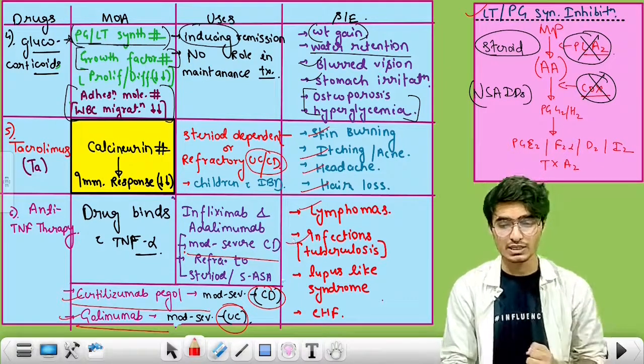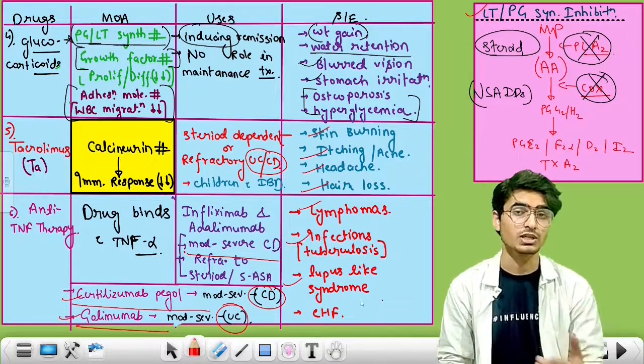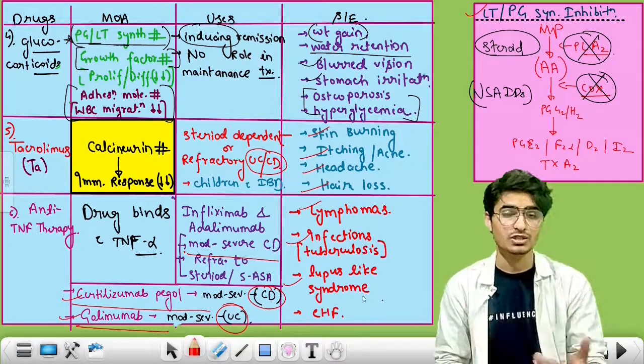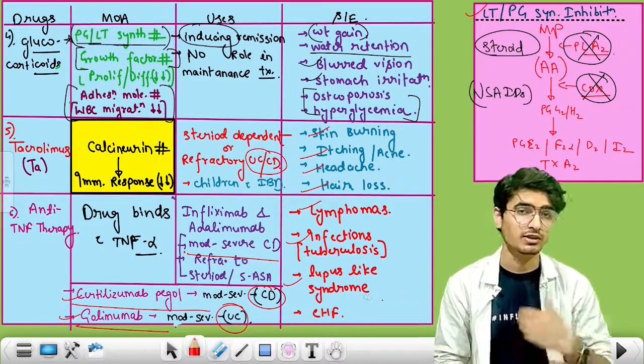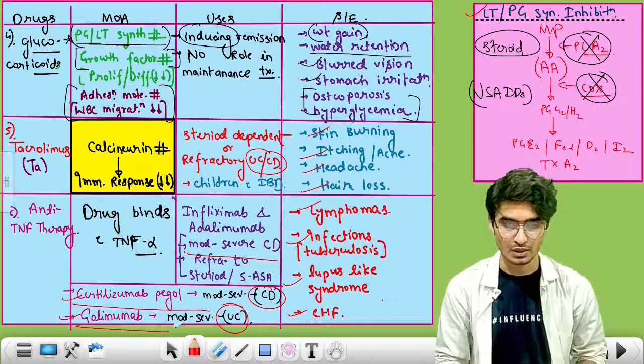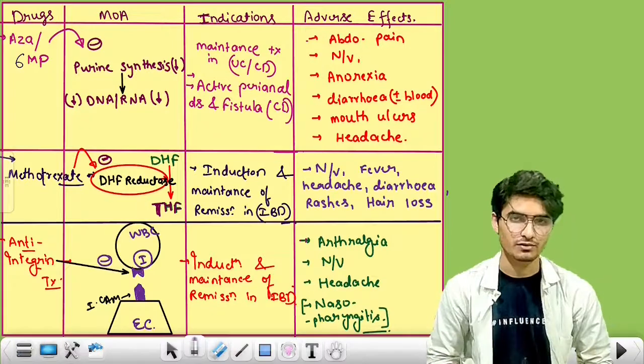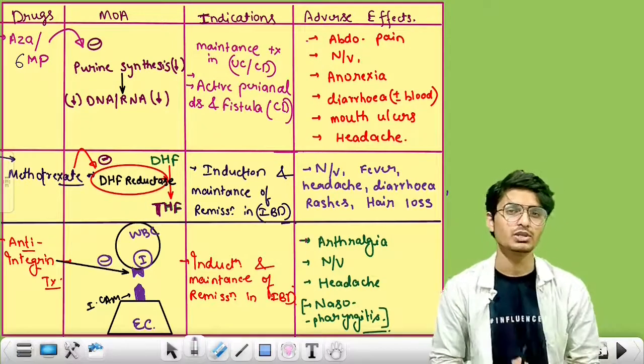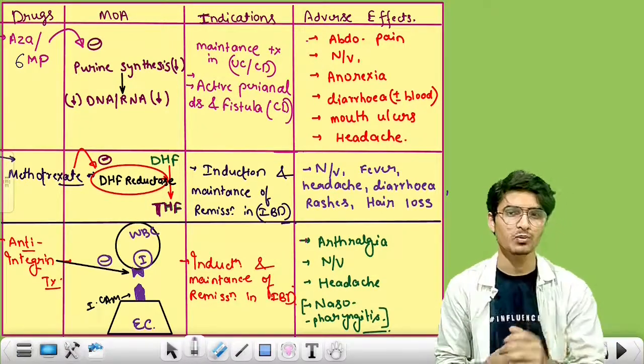and subsequently lupus-like syndromes, in which multiple edematous patches will be there, and joint involvement, arthritis, will be there as well, and there can be congestive heart failure as well. Okay, so the next category of drugs is the immunomodulators, in which azathioprine and 6-mercaptopurine are the